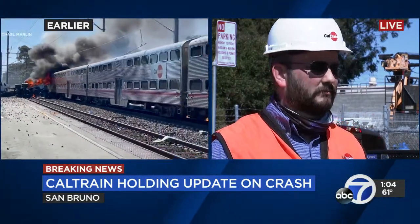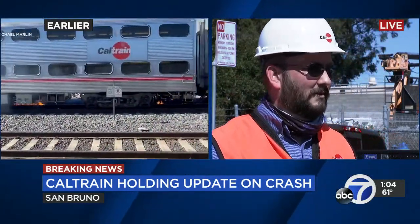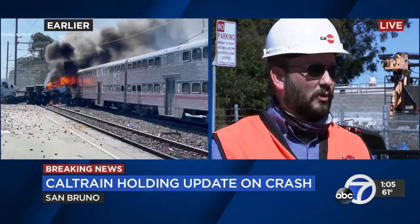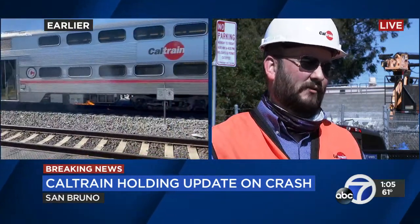Can you talk about the impact on Caltrain for the rest of the evening? When will this be cleared up? How is this going to impact service for the rest of the day? Well, like I said, we're going to be running service hourly going forward until this is fully cleared. That's all going to be local, so we're not going to have any baby bullet service today until this is